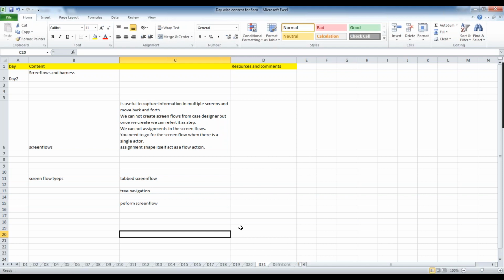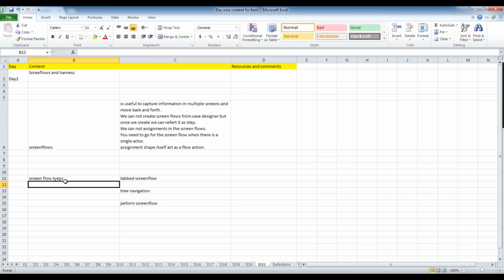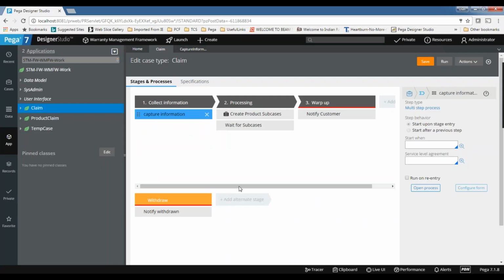Technically speaking, these are harnesses, but in general we call them screen flow types because the look and feel changes. By default we will get a tabbed screen flow.